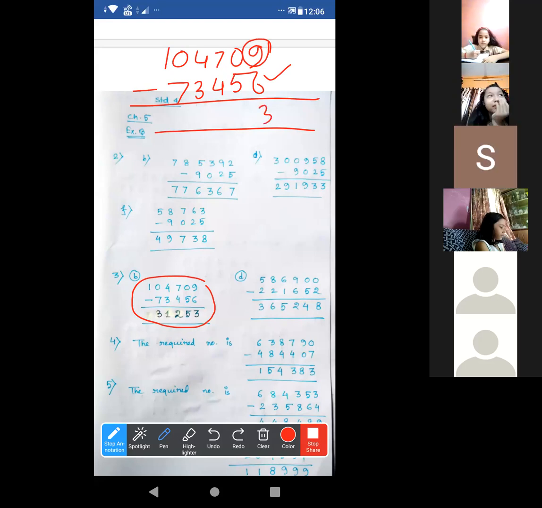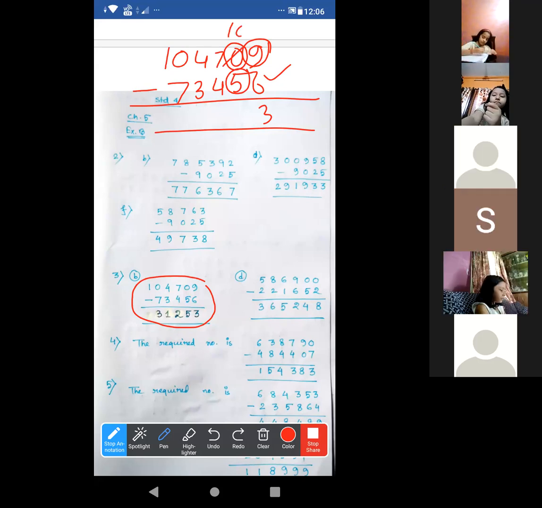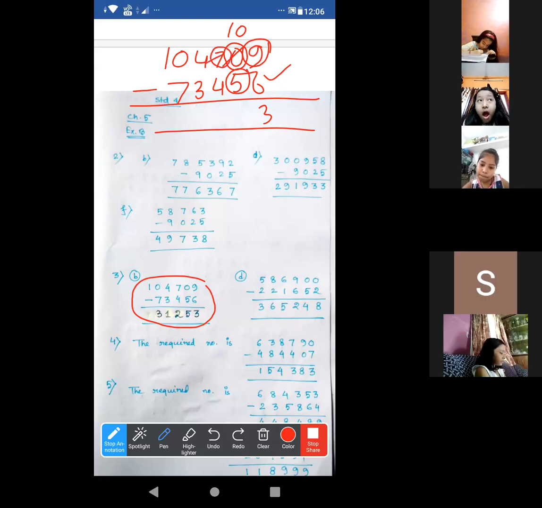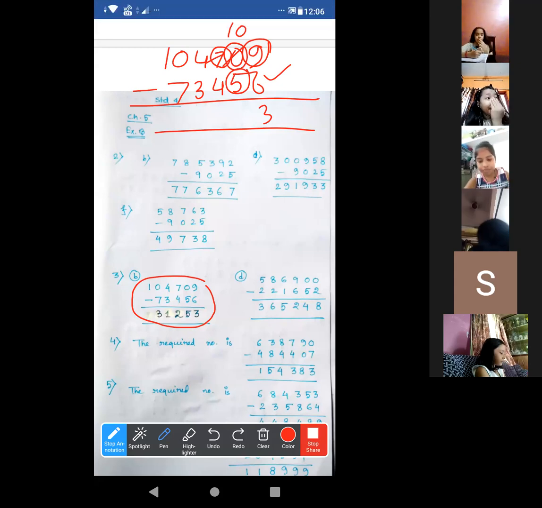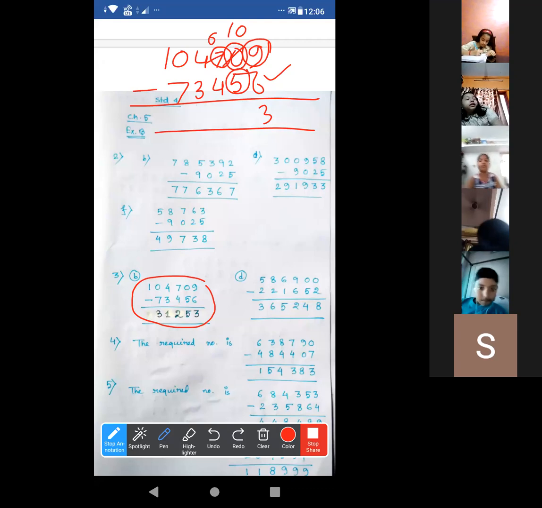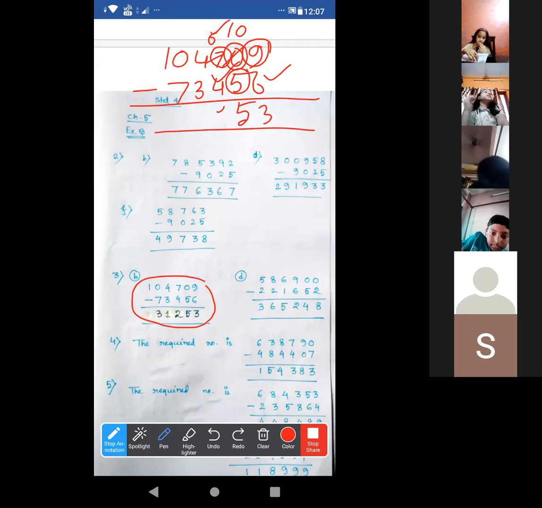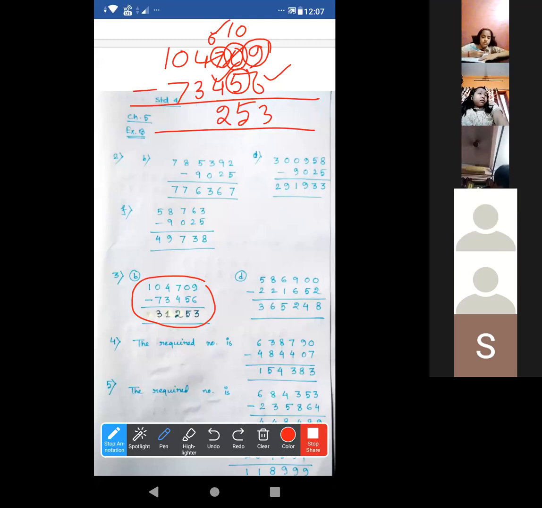It is done. But here it is 0 and it is to subtract 5. 5 is greater, so we have to make this 0 into 10. From where have we borrowed 1? From the immediate left place, from this 7. So this 7 will become 6. Now normal counting, 5 places. After 4, start counting till this 6. 2. Okay. Now 4 minus 3, 1.